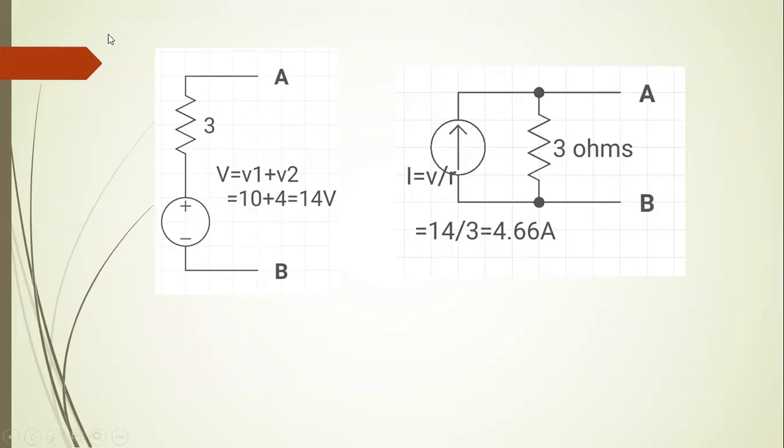Now, the question asked was that the resultant should be a current source. So finally converting the voltage source of 14 volts and the 3 ohm resistor into a current source by I is equal to V by R. V is 14 and 3 is the resistor. V by R is 4.66, which is our final current source, and a 3 ohm resistor is connected in parallel to it. So these are the two problems.